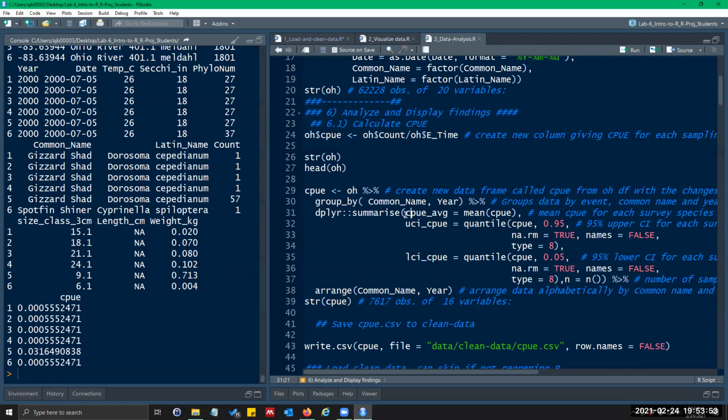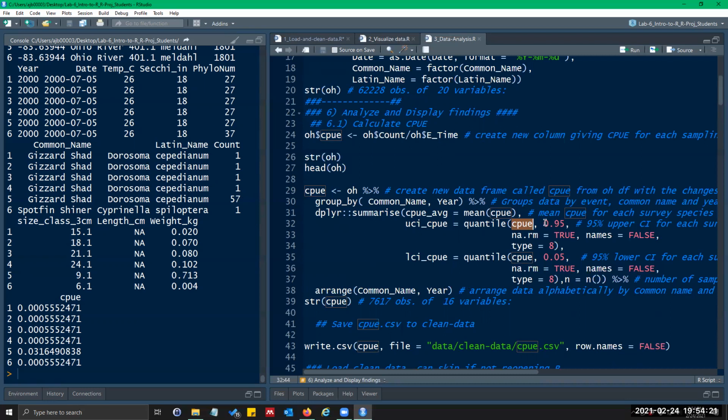And then we're creating new variables here. So we're doing catch per unit effort average, and that's just mean CPUE. You don't need to use anything fancy here because it's going to apply the grouping that we put up here. And then for our upper confidence interval, we're using this quantile command. The first one is just what we want the quantile of, and that's our catch per unit effort.